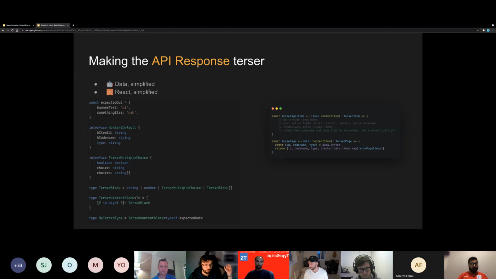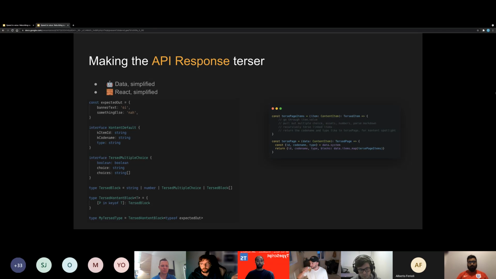Looking at my notes, you can see that basically what we want to do is go to the CMS and only get what we can map to our default set of types. So a string for text and rich text, you know, puts the M in JAMstack, a number, a multiple choice element, or a reference to itself. So if you're thinking blocks, you might think, oh, but you can only have one thing per row. Not if you have a row type where you can put stuff next to each other.